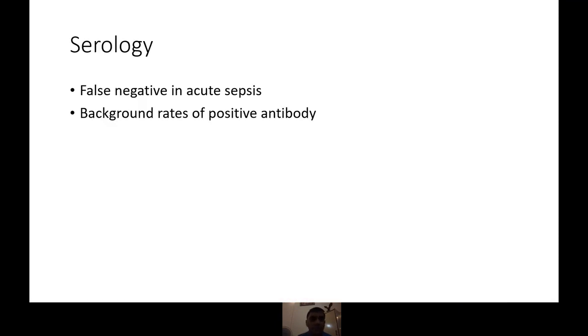But the common thing that most people are familiar with would be serology, but there's a small problem with serology, especially if the area is endemic, countries like Thailand or Northern Australia, where people are exposed to this bacteria, the antibodies may be there, so it may be false positive. At the same time, they have found that when the patient presents as acute sepsis, maybe you are looking at IgG antibodies, so these antibodies may not be there. So serology is not superior to culture.